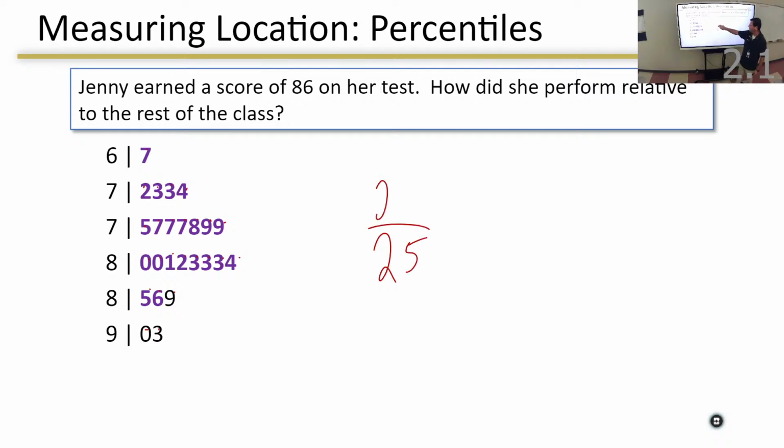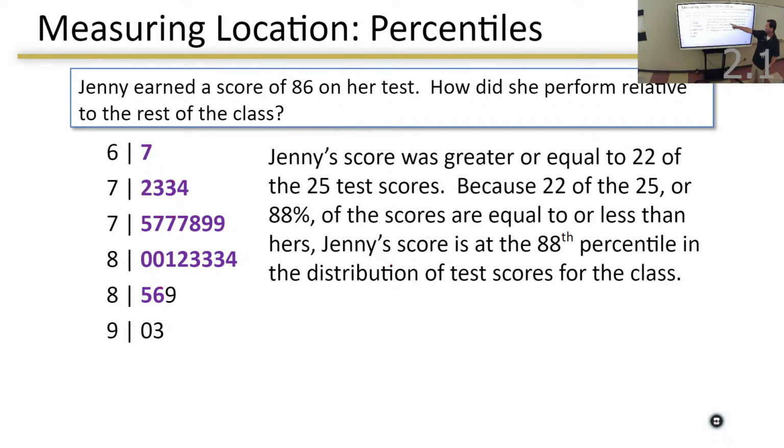And 22 of them are at 86 or below. So I'll turn that into a percent, and I'll see that 86 is in that percentile. Okay, 86 is in that percentile. So we'll take greater than or equal to 22 of the 25 test scores, because 22 of the 25 are at 88%, less than or equal to, she is at the 88th percentile, because that 22 out of the 25